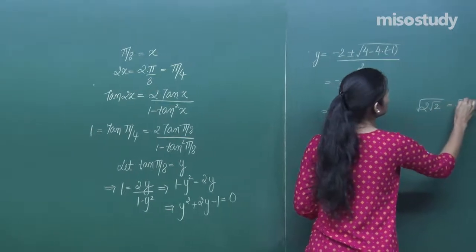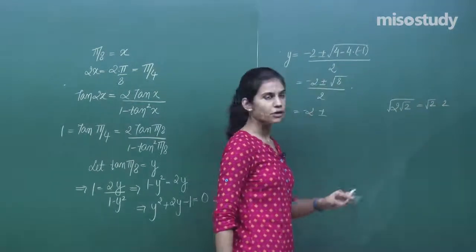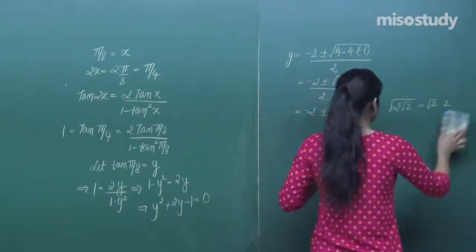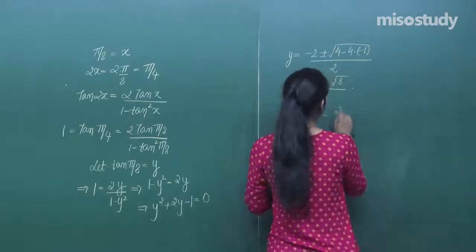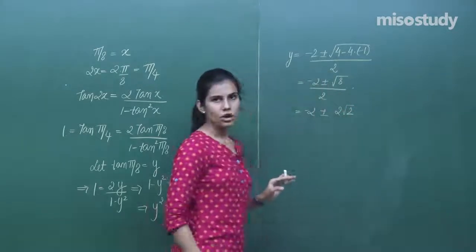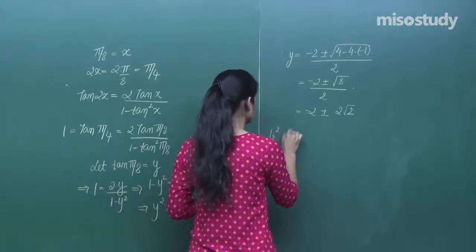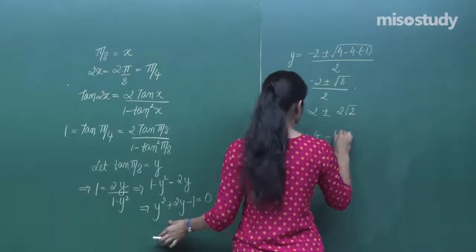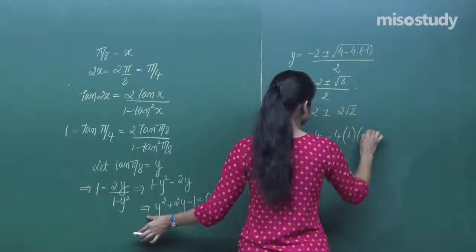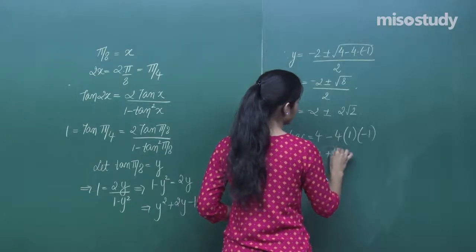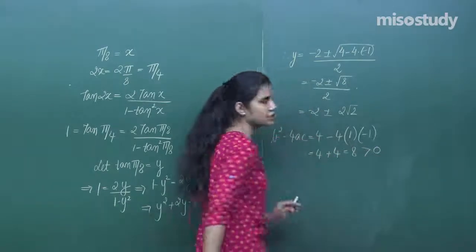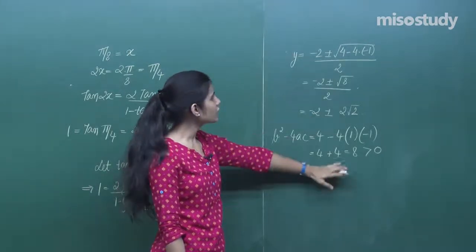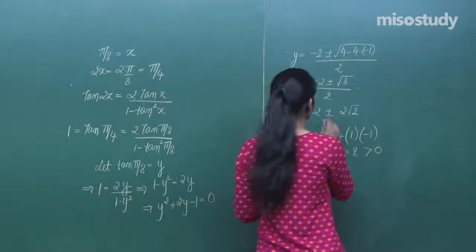Square root of this gives you again 2 root 2, because it is square root of 2 into square root of 2. Basically, when you compute this value, you actually get 2 root 2. Or if you separately need to compute b square minus 4ac, you can do that. B square gives you 4, minus 4 into a is 1 and c is minus 1. This gives you 4 plus 4, which is 8, that is positive. Okay? Minus b plus minus root over b square minus 4ac upon 2a, and that eventually lands you to get